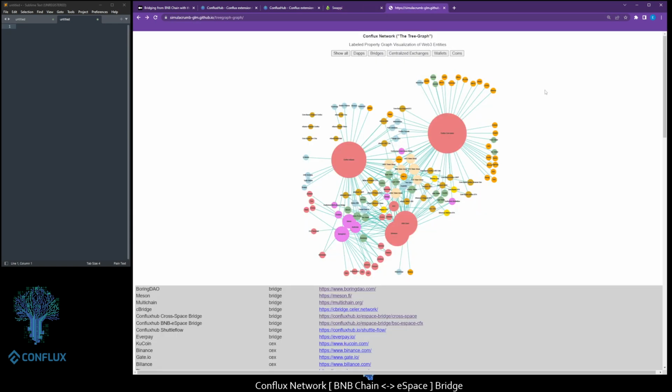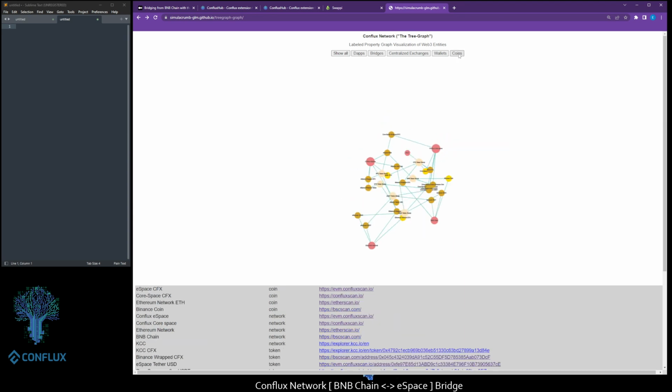One other thing I wanted to mention, this is a network graph. It's sort of a cheat sheet for what we're doing. We're doing BSC to Conflux eSpace directly, but you can use these bridges in many different ways. This little app can be helpful. Again, I'll give the link in the description. So if I click coins,